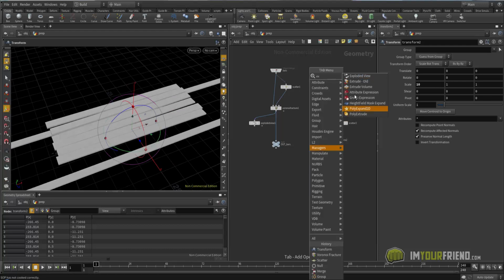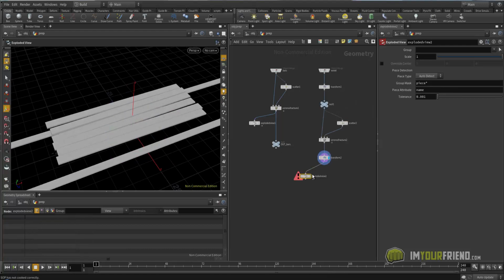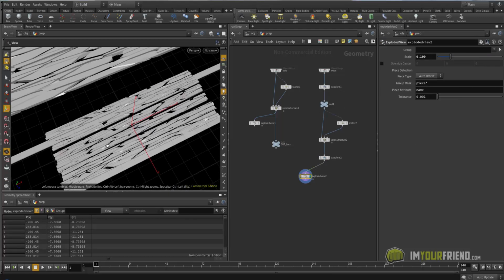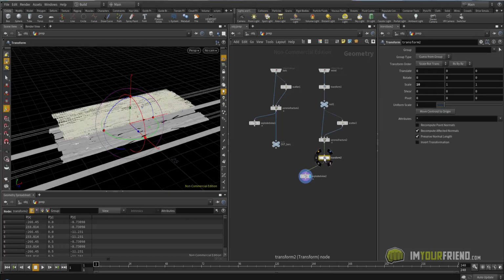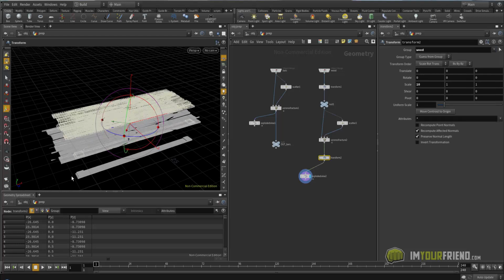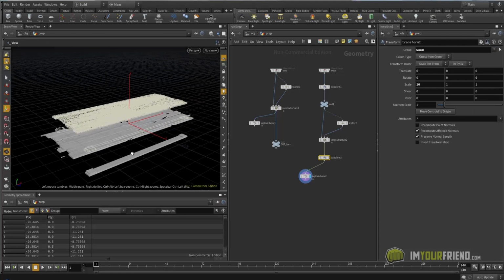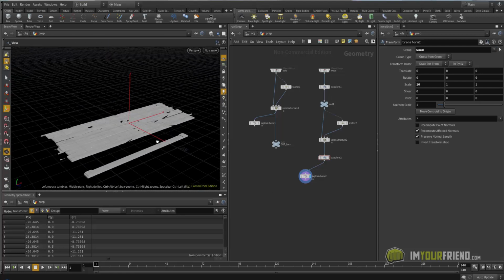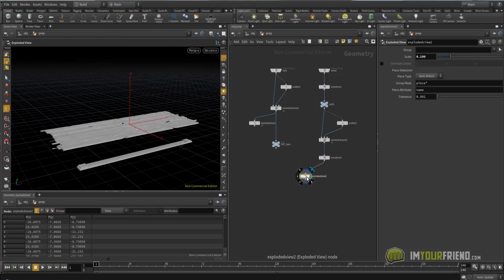Let's do exploded view. So these are pretty cool. And again, you guessed it, just have it affect wood. There you go. So that's cool. And you could just delete that.